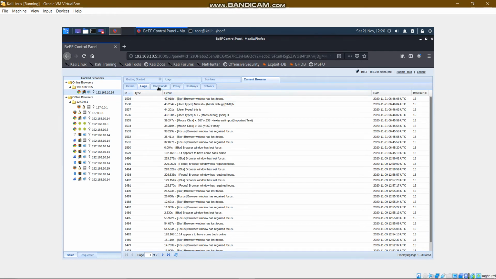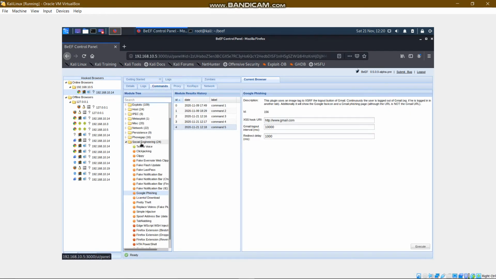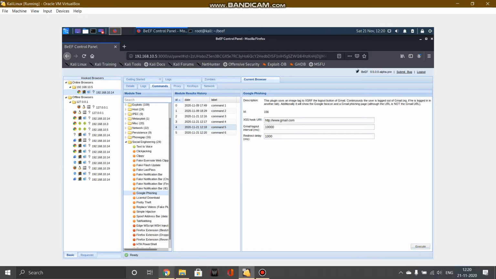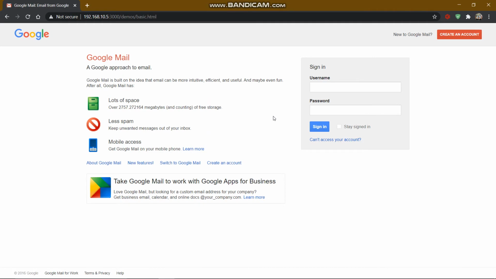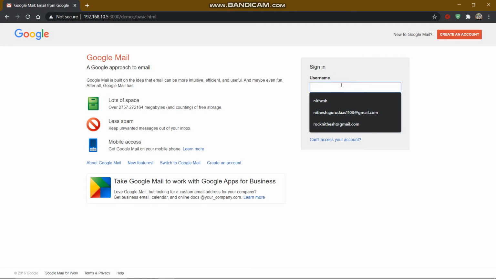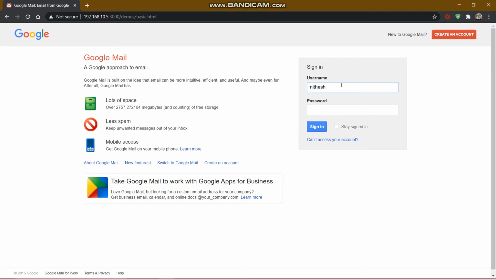Let us move on to the attack now, the Google phishing attack. For that we have to come into social engineering and then Google phishing. And if I click on execute, commands have been sent to the zombie. So if I go over here, that's a fairly legit login page. So if I'm an innocent victim and if I type in my actual valid data over here, and if I say sign in,